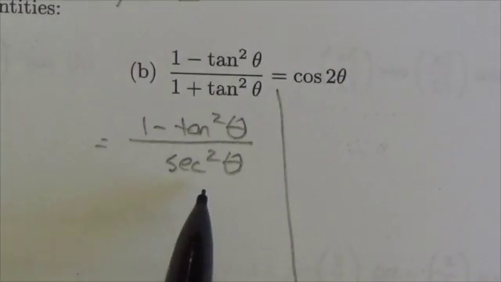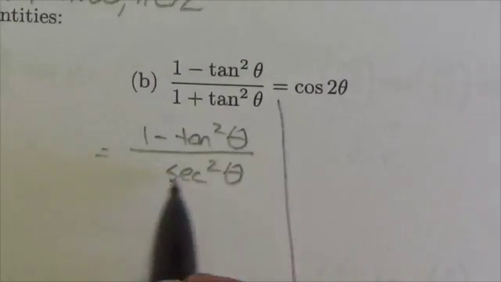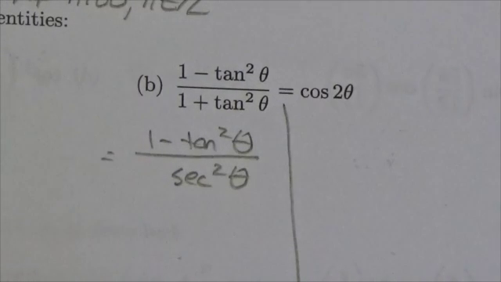Now, just thinking here what I might do. There are no other Pythagorean identities because I don't want to start going backwards here and expanding the secant squared back into 1 plus tangent squared. So I want to keep moving forward here. Is there any obvious algebra that I can do? Well,